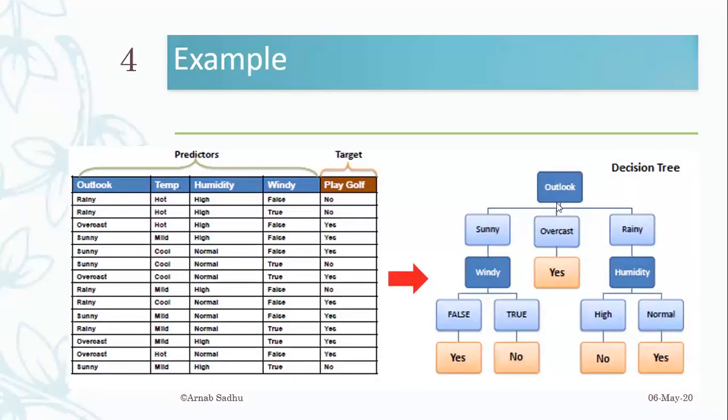If you are splitting at outlook, that means we are taking a decision at outlook whether the condition is sunny, overcast, or rainy. Right. So obviously the entropy before splitting at the outlook and the entropy after splitting will not be the same. After splitting, the turbulence in the system will be less. So the information gain, or whatever information we gain through splitting, because splitting means we are going to be one step ahead in terms of assurance while predicting, right?